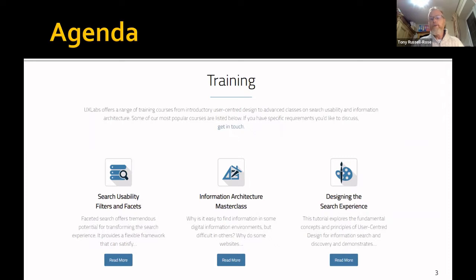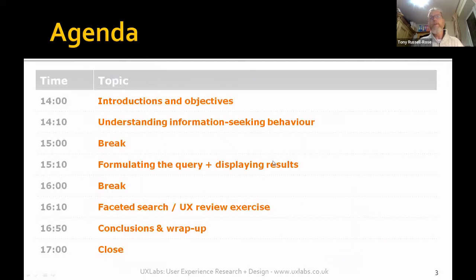I also do training courses at CPD level, and you can see some examples here. By that I mean continuing professional development rather than academic. So what I'm doing for this slot is giving you a little bit of a taste of that. Here's an agenda from one of those courses, and it very much follows the pattern of the book that